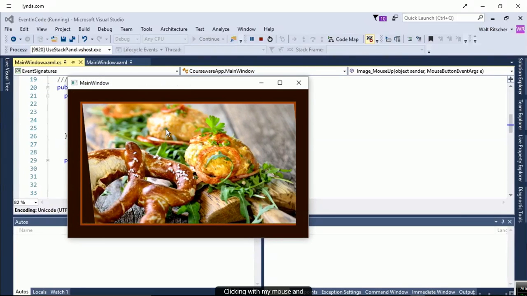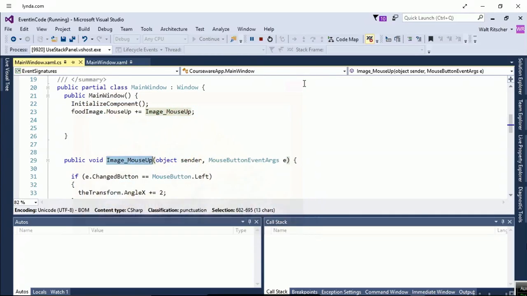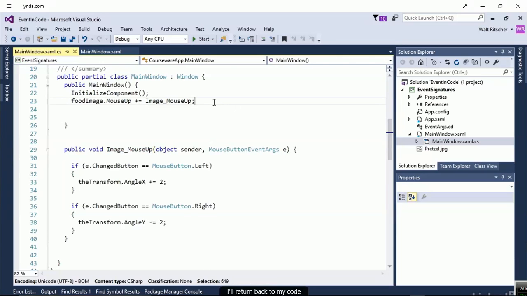Clicking with my mouse, what's happening is I'm doing a mouse down and then a mouse up, and it's the mouse up event that I'm listening for, and that's what's skewing my image. I'll return back to my code and show you another way to use Visual Studio to stub in this event